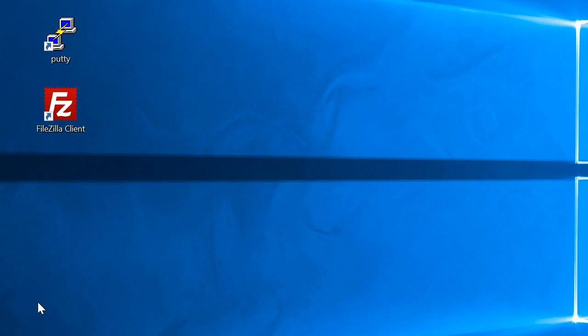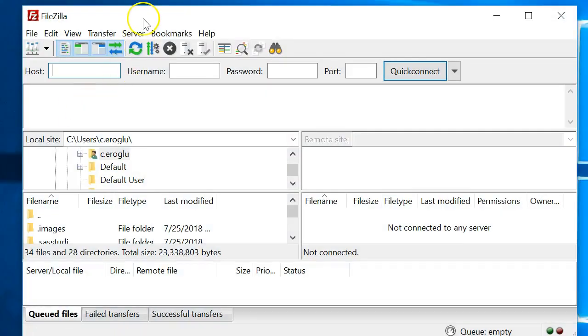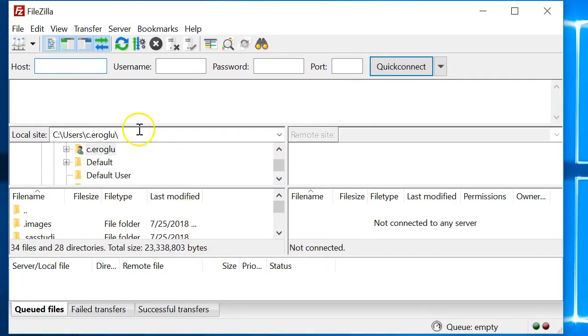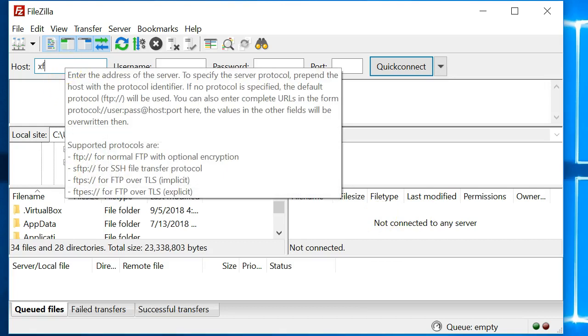Now to transfer files to and from the Discovery cluster, we're going to use the FileZilla client. Okay, it looks something like this. The left half will be your desktop. The right half will be the Discovery cluster. So on the left, you already see files, but on the right, you don't see anything because we're not connected yet. To connect, what you type is